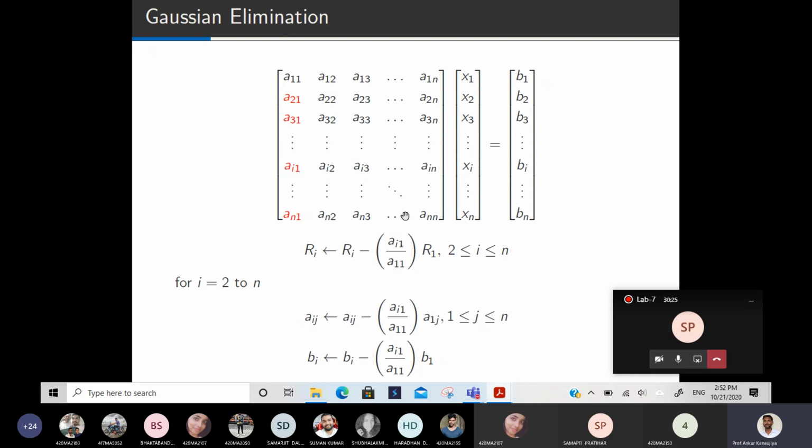So what will be Bi if you apply this over Ri? Can anyone tell what will be Bi? We want to apply Ri minus this multiplied by R1, then Bi will be Bi minus this multiplied by B1. So that's why I wrote here Bi will change to Bi minus Ai1 divided by A11 into B1.